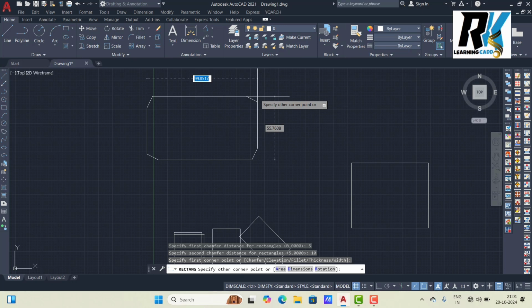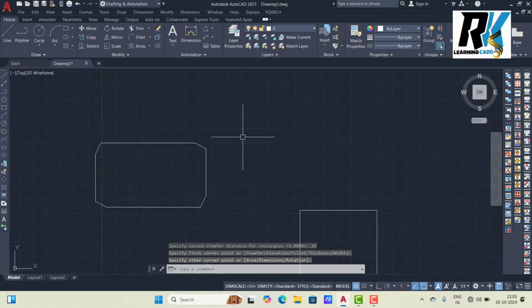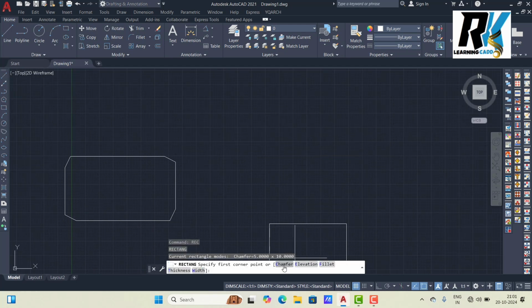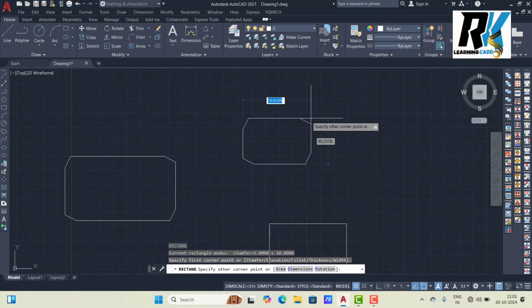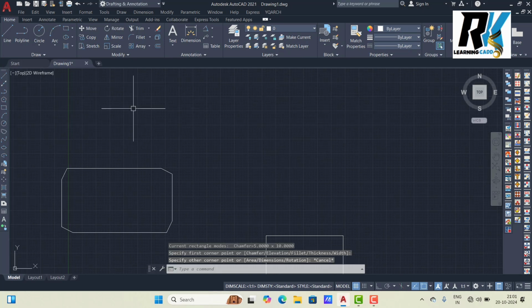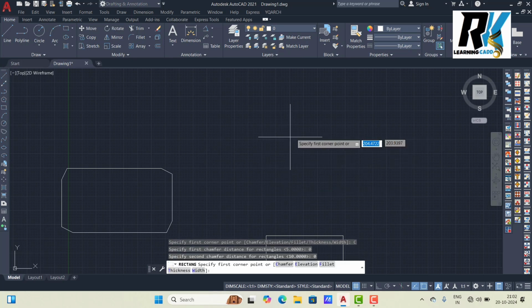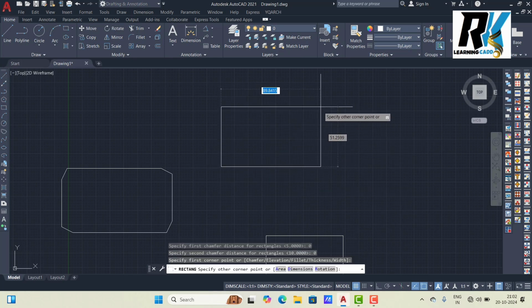Now you can follow the area or dimension method the same way. Again REC enter. If you use chamfer one time, next time the chamfer comes again. So this needs to be made 0. Again REC enter, click on chamfer, type 0, type 0. Now your rectangle comes normal.